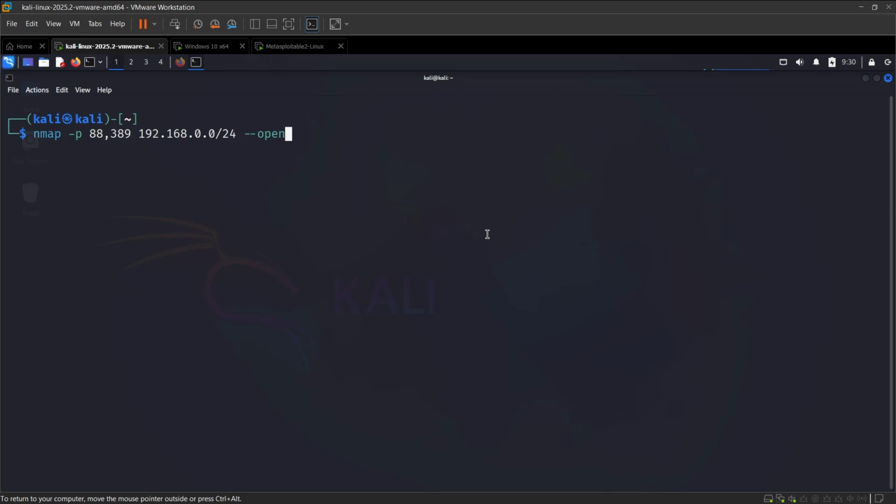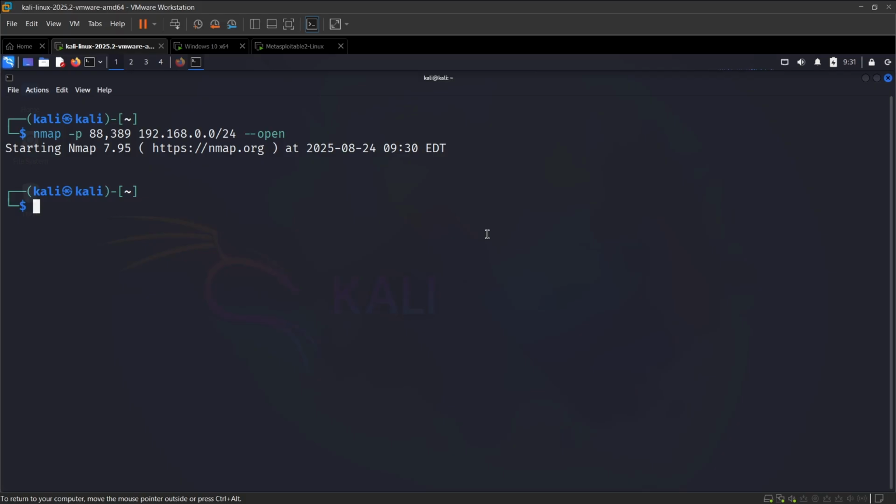So if they ask you for the domain controller IP or something like that, then you have to scan using Nmap like this. First of all, Nmap, and specify the ports that you want to scan, like 88 and 389 for Kerberos and LDAP, if they are asking for the domain controller IP. You can scan the range of IP addresses, and after that you will get an open port. I don't have any IP ranges available as of now, but on your screen you will get